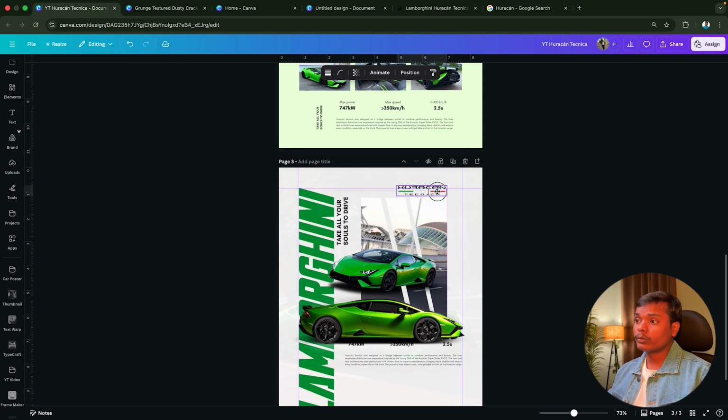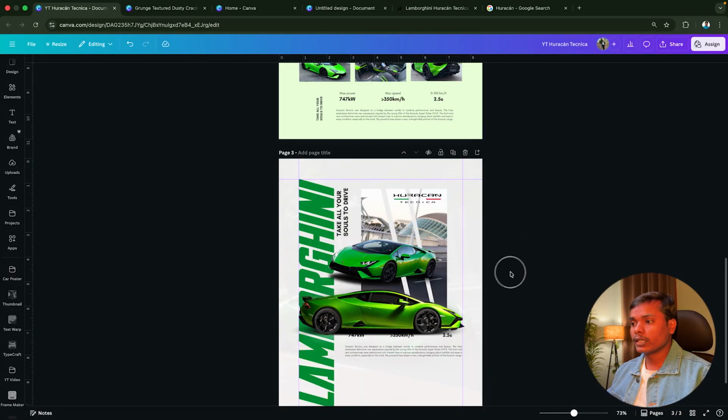Or we can do one more thing: we can add a rectangle and place it above this also, to make our design much better. So these are the steps which I am showing. This is not the perfect thing; you can do the same placing of the text and details, but I am showing you steps that you can follow to create your poster